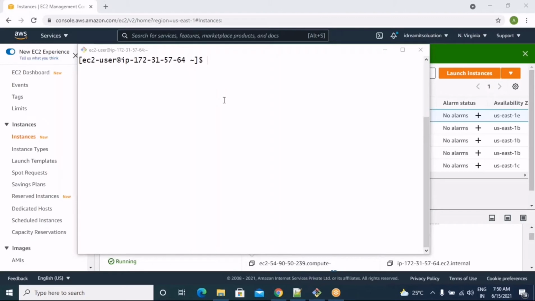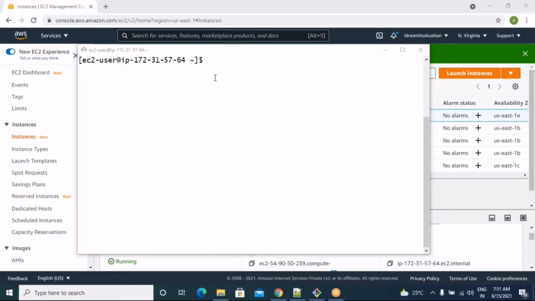Hi friends, this is Assis. Last class we discussed how to create EC2, how to create a Linux instance and an Ubuntu instance. So now, in the Linux instance, we are going to start our day one with Unix. So we are going to start our Linux commands. Today we'll see how to use basic Linux commands.